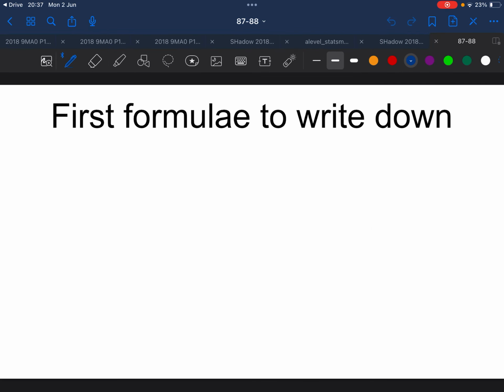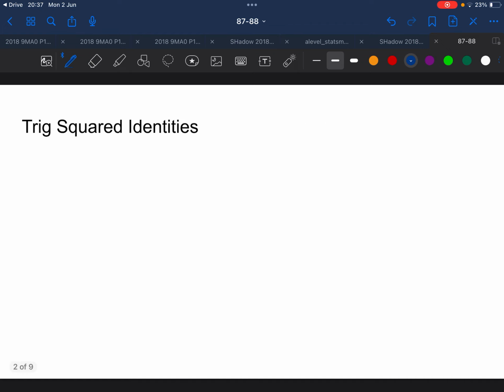Okay, so in this video today, we're going to talk about some of the first formulae that you might want to write down on your exam paper that are not given to you in the booklet. So first of all, we have our trig squared identities. So what am I talking about here? I'm talking about our sine squared plus cos squared being equal to 1, but the other identities we can derive